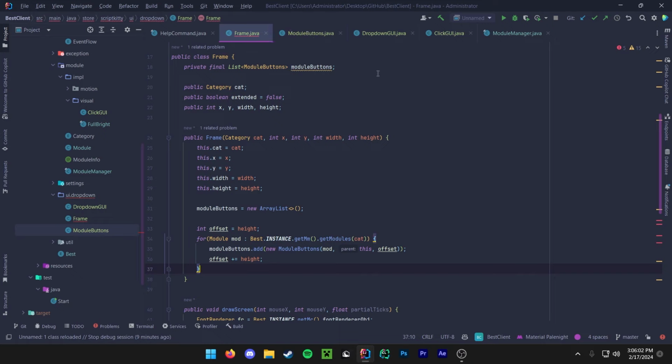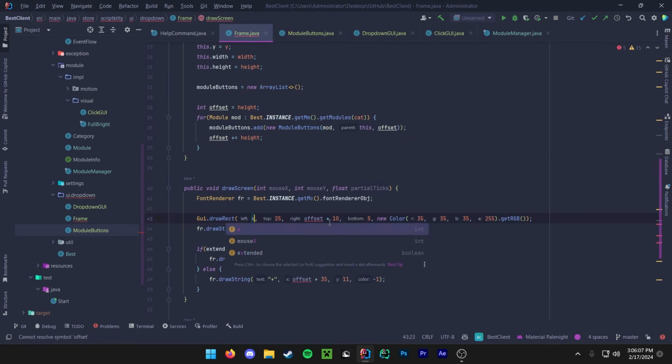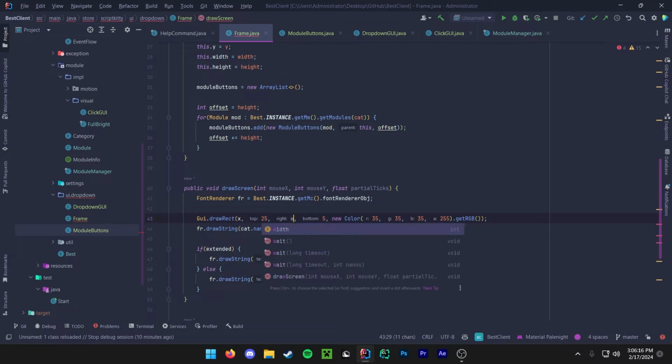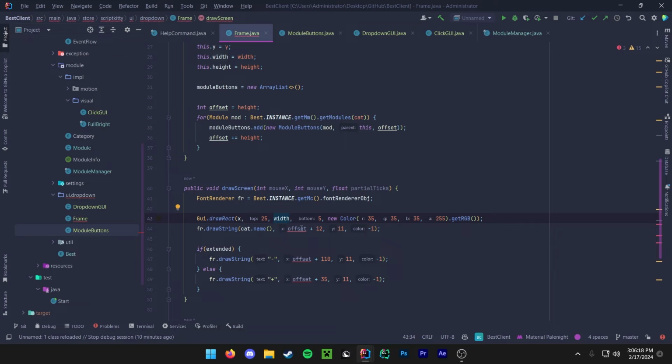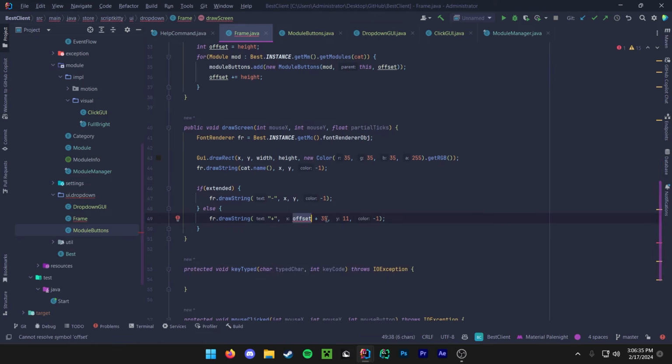Okay, that's good. So now we need to actually go back down to drop GUI. Oh, this is going to be X. This is going to be also X, I'm assuming. No, this is going to be width, sorry. And then this is going to be Y. This is going to be height. So you have to change everything here. So X, Y, this is going to be X, Y, and then X,